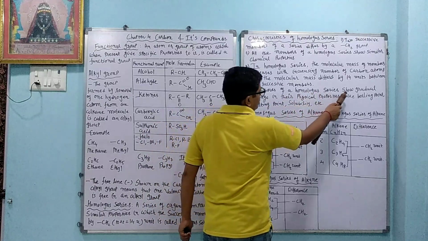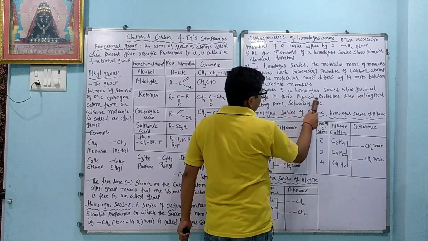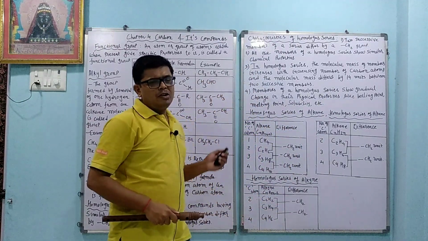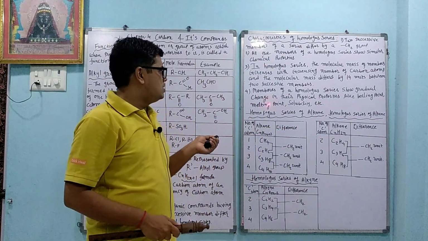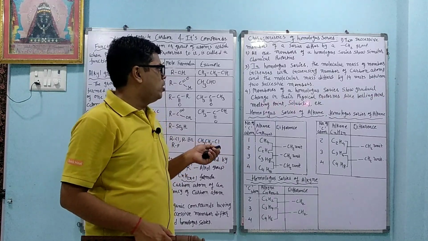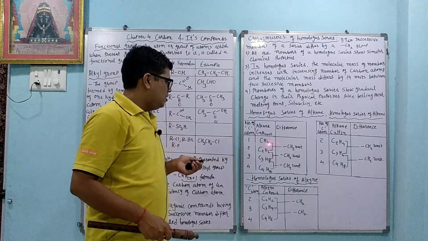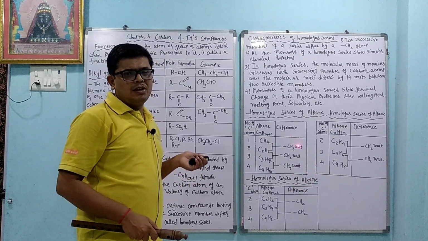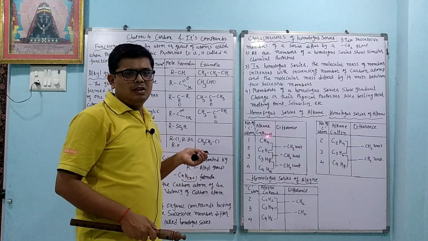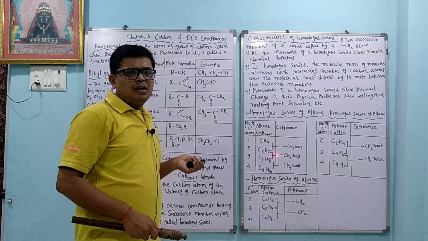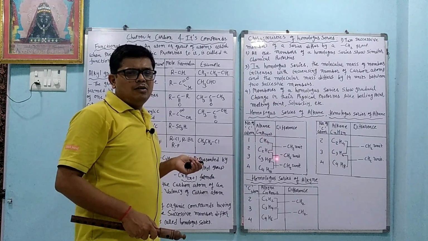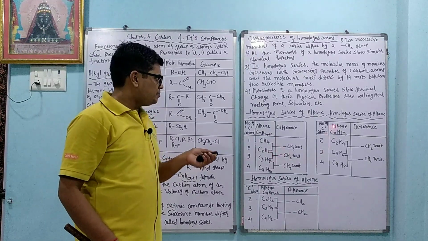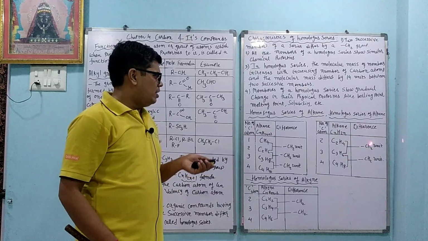Members of a homologous series show gradual change in their physical properties like boiling point, melting point, solubility and so on. Their chemical properties are almost the same, but physical properties like boiling point, melting point and solubility are different, like methane, ethane, propane, butane. The difference is a CH2 unit, yet their properties are different. Initially methane is available in gaseous form. As we go down, butane, pentane, we get liquid properties. At last we get solid compounds. In the same way we get it for alkene and alkyne.